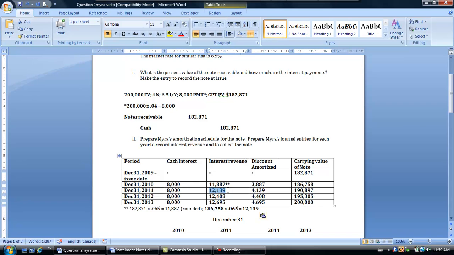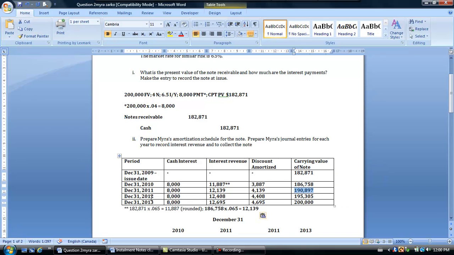revenue of $12,139. The difference between that and the $8,000 that we received in cash, that Myra received in cash from Zarco, which is $8,000, is going to give us an amortized discount on the note of $4,139. So that now brings the note up to $190,897. If we do this calculation for the remaining 2 periods based on the present value of the note to